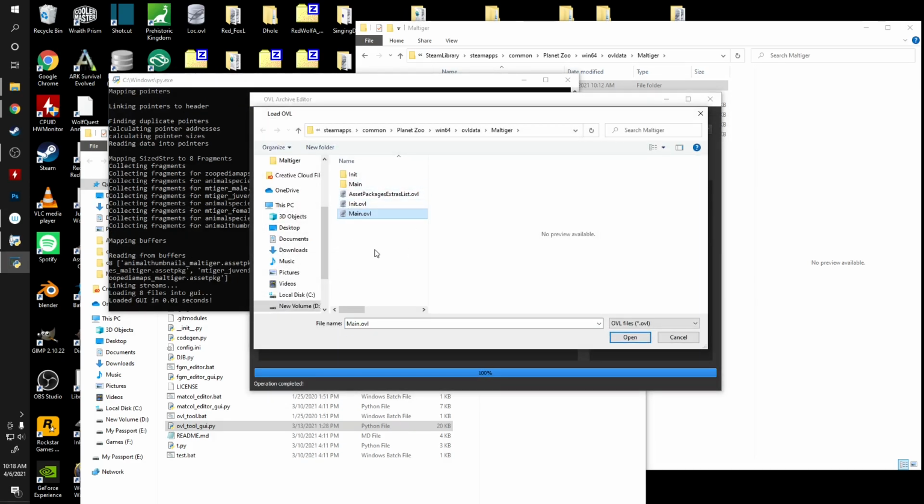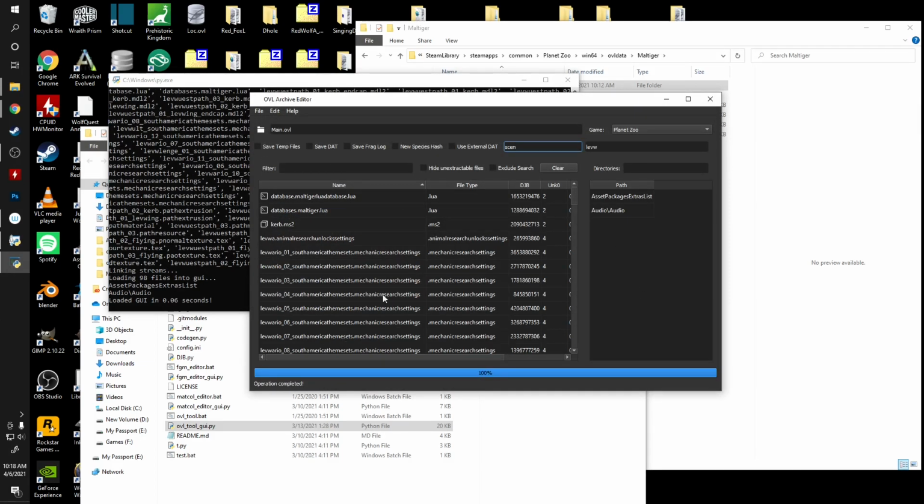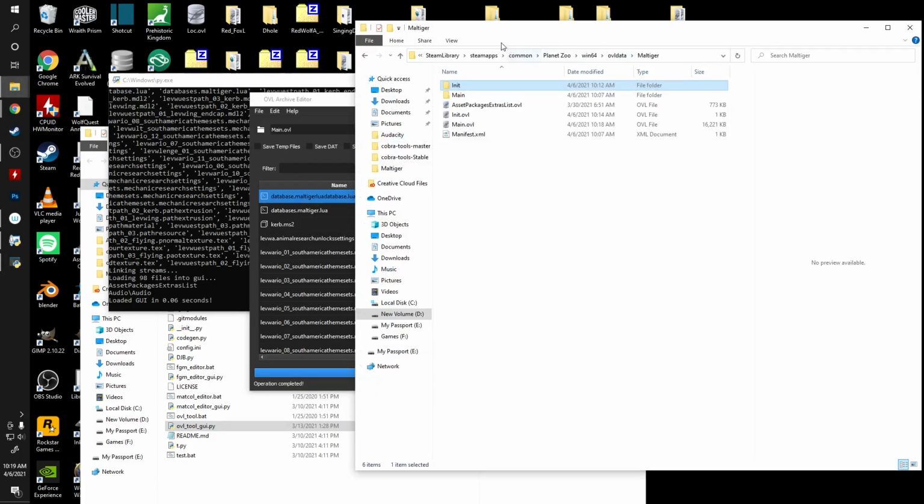You must close and reopen your OVL between each step. I just want to reiterate that. If you don't, your mod is going to break. So we've reopened that. Next up, we are going to find our, actually we're going to come over into our